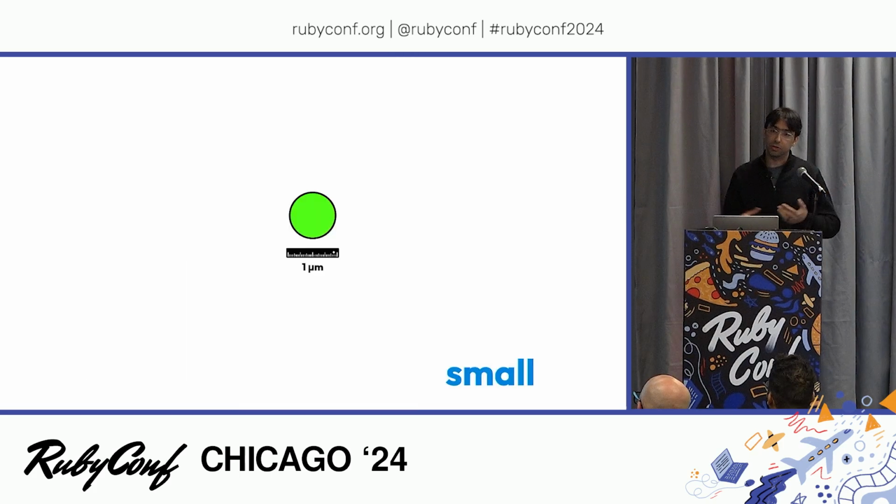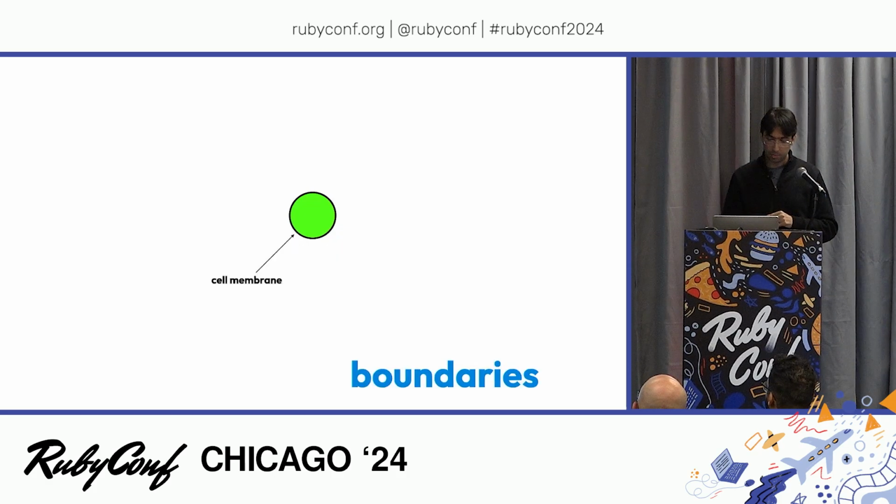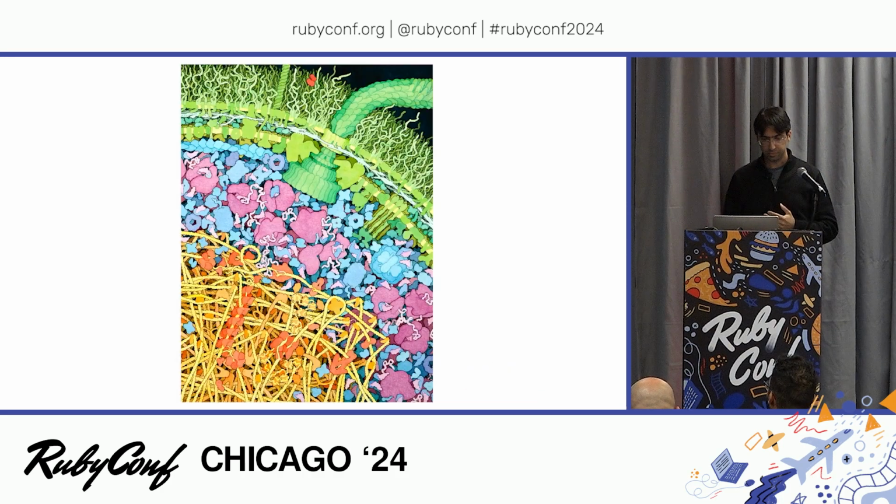And there's some things we can learn from that. We're talking about really, really small components of life. Micrometers, as in 1/1,000,000th of a meter, so really, really small. Also, the first innovation in life is this idea of a cell membrane, this idea of a boundary. You have something on the outside, you have something on the inside, there's a boundary, therefore you have a cell, you have a life. You don't have boundaries, you don't have life. So that's the first innovation in life.